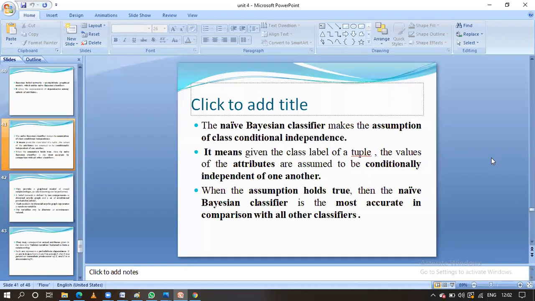అలాంటి టైంలో వచ్చేప్పటికి మీరు ఈ పాయింట్స్ రాయాల్సి ఉంటుంది అన్నమాట. అట్లా ఎక్స్ప్లెయిన్ చేసుకుని నేవీ బేసియన్ క్లాసిఫికేషన్ కానీ అలాగే బేసియన్ బిలీఫ్ నెట్వర్క్ గురించి కూడా ఎక్స్ప్లెయిన్ చేసేసుకుని, అదర్ క్లాసిఫైర్స్ ఏమైనా డెసిషన్ ట్రీ ఉంది, ఈ మూడింటిని కంపేర్ చేసుకున్నప్పుడు ఈ పాయింట్ రాసుకున్నారు అనుకోండి, దట్ విల్ యూస్. కంపారిజన్ లో ఏది యాక్యురేట్ గా వర్క్ అవుతుంది అంటే, if you take this assumption that is conditional independence of one another, attributes are conditionally independent of one another, that is used in the Naive Bayesian classifier. With that assumption, the Naive Bayesian classifier is the most accurate compared with all the other classifiers అని చెప్పేసి Bayesian belief network, అదర్ అలాగే decision tree అని చెప్పేసి మీరు రాస్తారు.